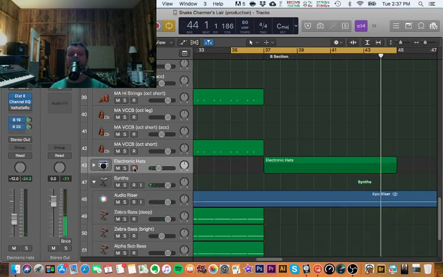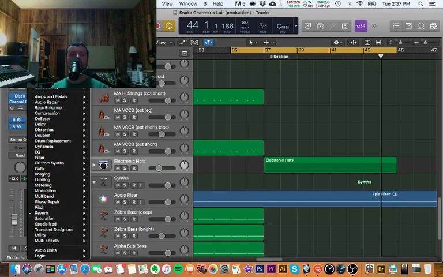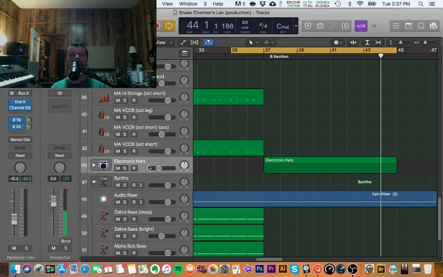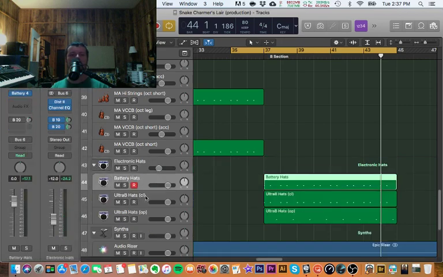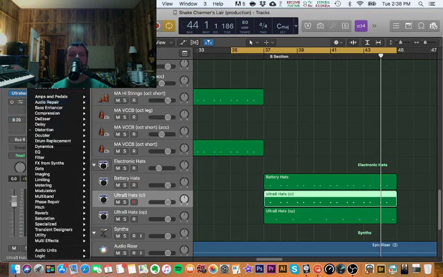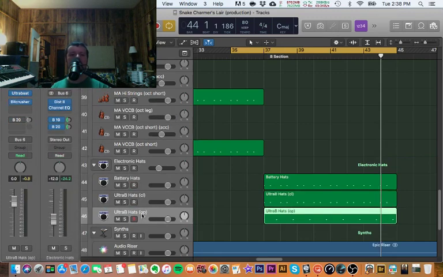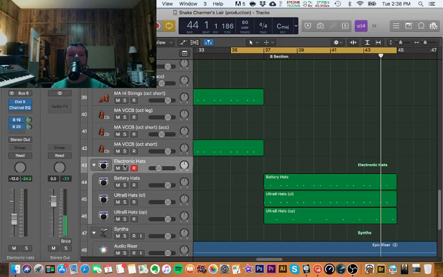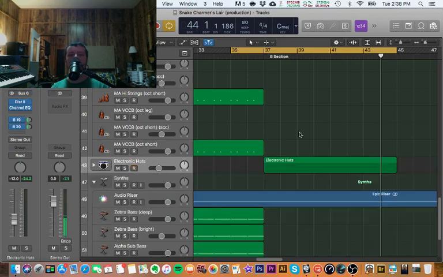I think that works pretty good. I really just needed to turn the electronic hi-hat's volume down. I do like that open hat at the end to be a little longer. I think that works well. And I changed the reverb to just the master reverb that everything's going through, so that it just blends with everything a little better. It wasn't a huge difference between the reverb I added and the reverb that was already there, but